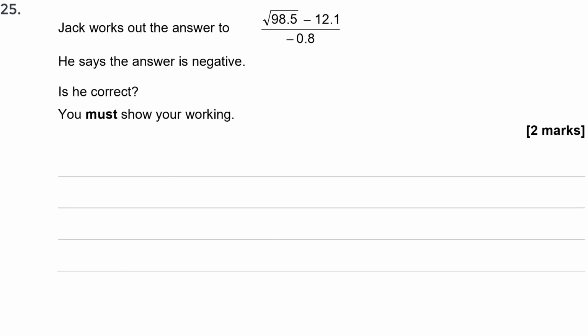Jack works out the answer to the root of 98.5 minus 12.1, divided by 0 minus 0.8, and he says the answer is negative. Is he correct? You must show your working. Okay, so let's have a look at that top line there. I've got the square root of 98.5. Now 98.5 is not a million miles away from 100, so the root of 98.5 is roughly the root of 100, which is about 10. Okay, now actually the real answer is going to be slightly smaller than 10, but if I take 10 and